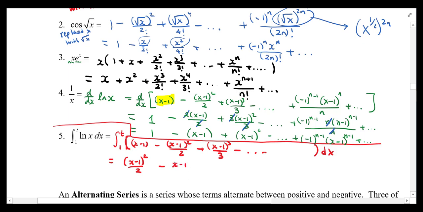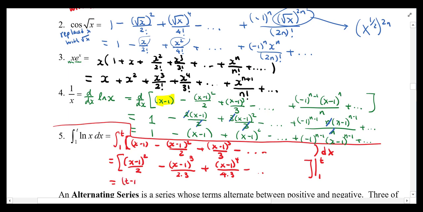The next one will be (x − 1) to the power of, add 1, that's right, 3, divided by the new exponent, so you have a 2 and a 3 now. And then here we've got (x − 1) to the power of 4, divided by 4 and a 3 now, and so on and so forth. And you're going to evaluate this whole thing from 1 to t, which means you're going to plug in t,